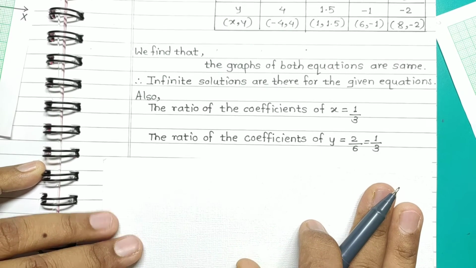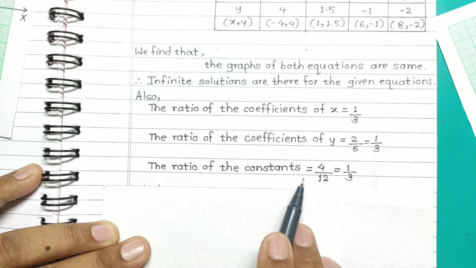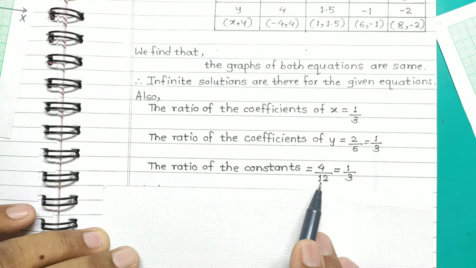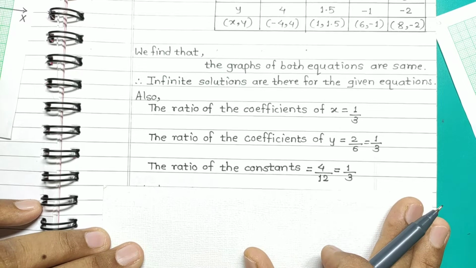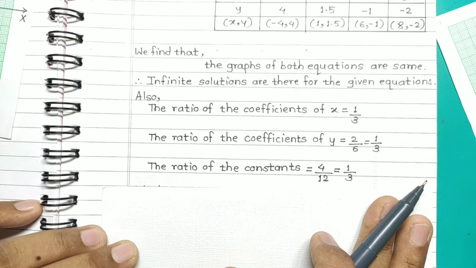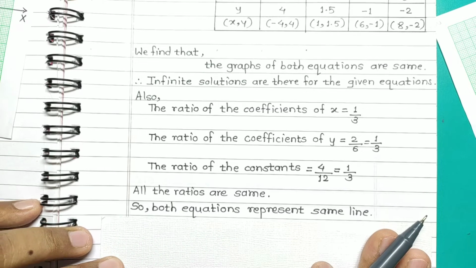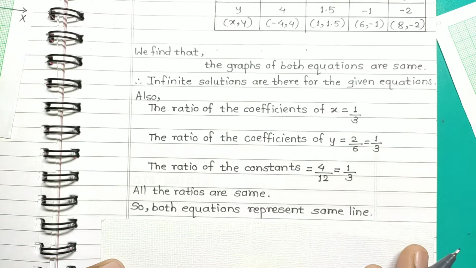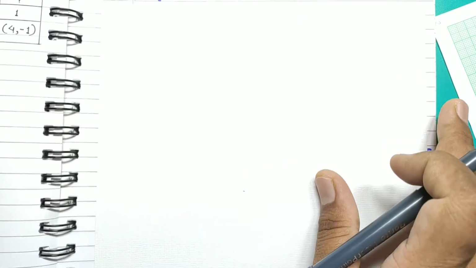Now let's see the ratio of constants. In the first equation the constant is 4 and in the second equation it is 12, so the ratio is 1 by 3. So we observe that all these three ratios are the same, and this is the condition for two equations to represent the same line. Okay, so in general we say that,